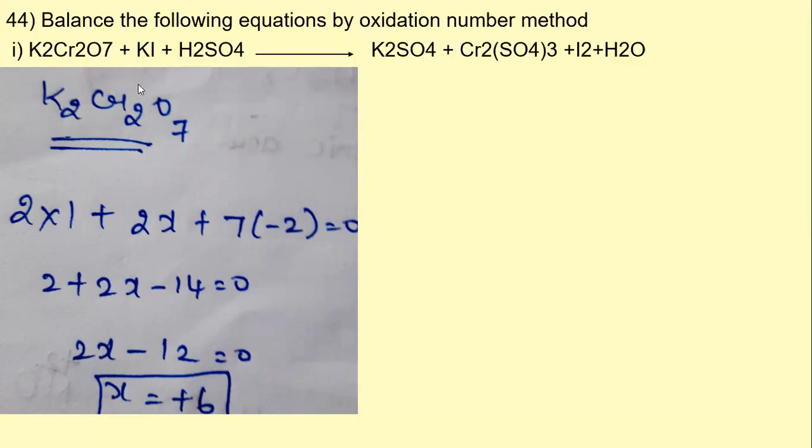So simply we are keeping it as X. For 2 atoms, 2X plus 7 into oxygen, which will be -2. Here there is no charge or anything, so that will be equal to 0. Like this you have to write. Now 2 into 1 is 2, and here 2X minus 14. So totally we get X equal to +6. So this chromium will have the oxidation state of +6.